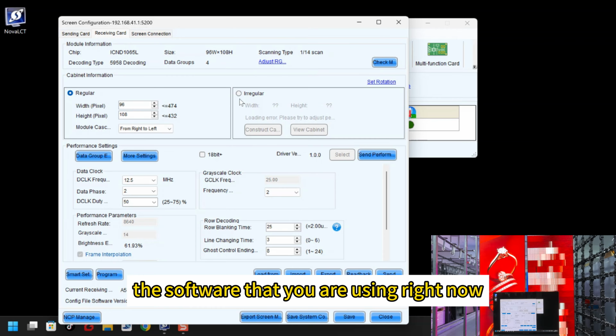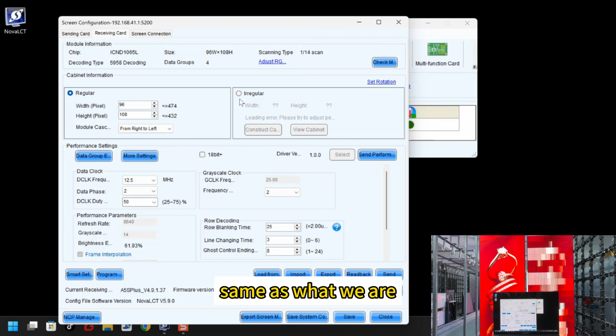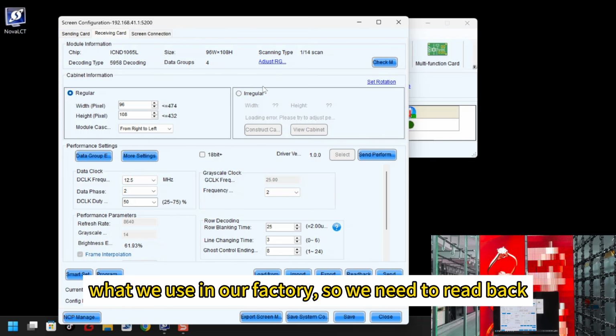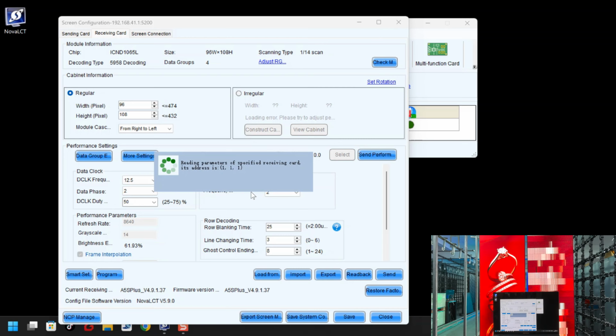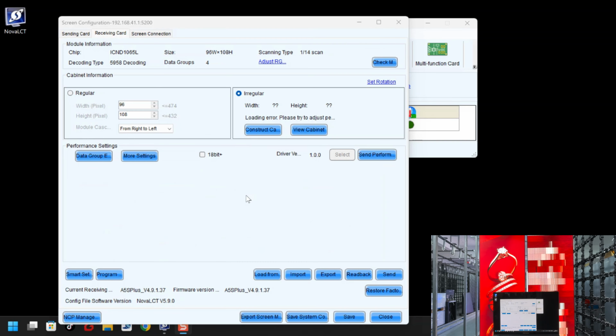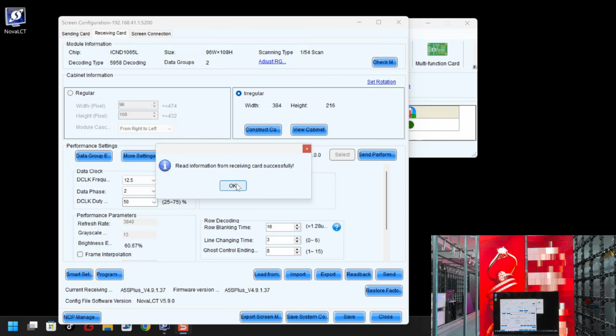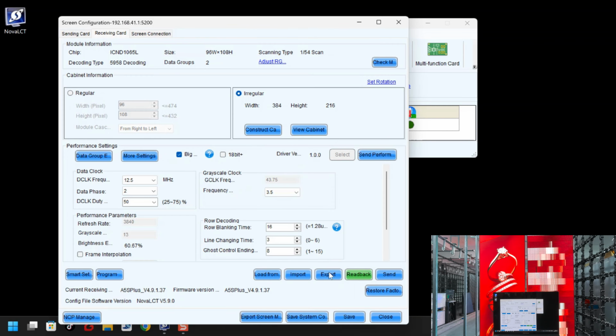The software that you are using right now might not be the same as what we use in our factory, so we need to read back. After we read back, okay, now we can export it